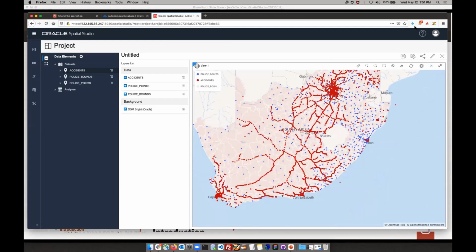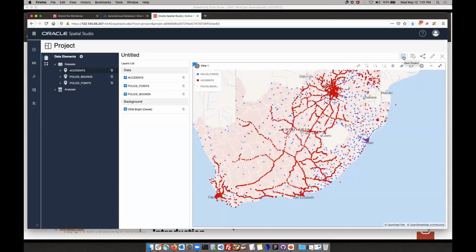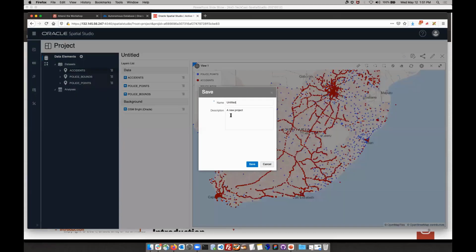And what we can do now is just save the work we've done so far, so that we won't lose it and we can come back to it. So we're going to save this project and call it Live Lab Spatial Intro. To save a project, there's a save button here, Save Project. And I'm just suggesting the name Live Lab